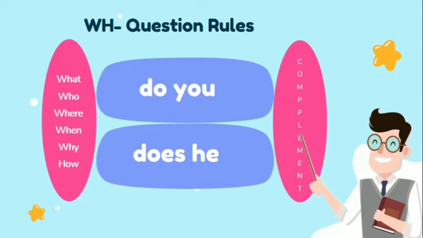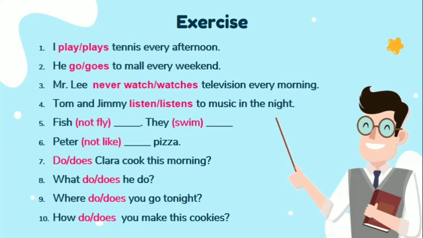Next explanation is WH question rules in simple present tense. We have 5 W and 1 H. There are what, who, where, when, why, and how. The formula is WH question plus auxiliary verb do or does plus subject plus verb 1. For example, what do you do? Who do you meet? Or where does he go? Okay,